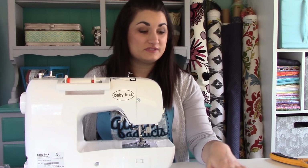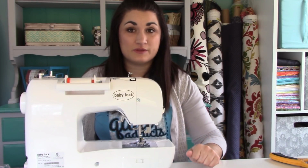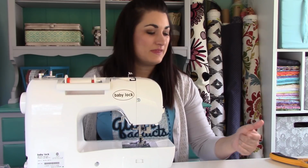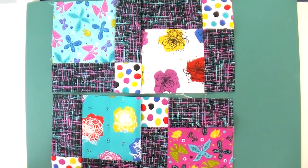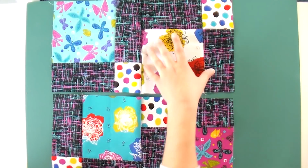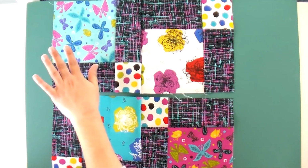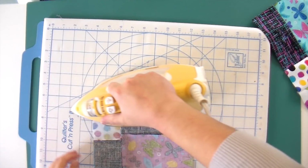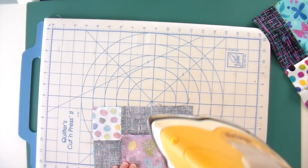So we've got our 2 rows sewn. We need to press these and then we can sew them back together. Just like before, we're gonna press under the dark side. So in this case, this has more dark on it in here than this block does. So I'm gonna press underneath the left side for the top row and underneath the right side for the bottom row. Just like before, you wanna go ahead and set your seam,